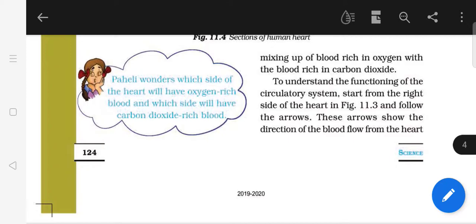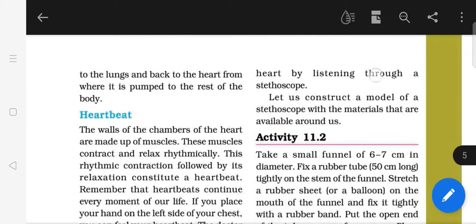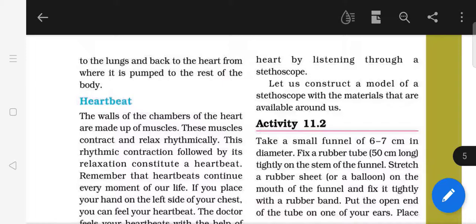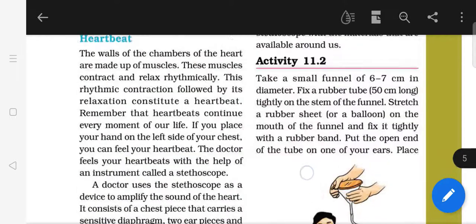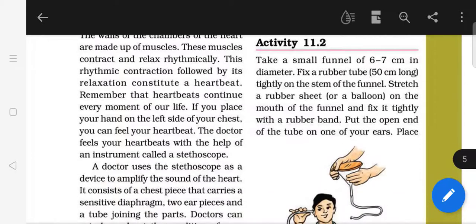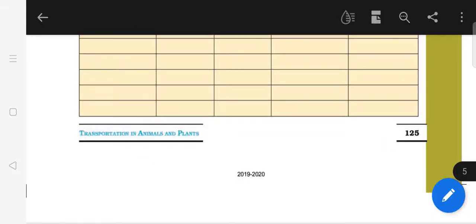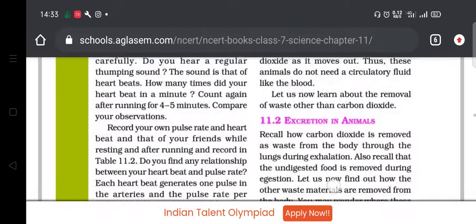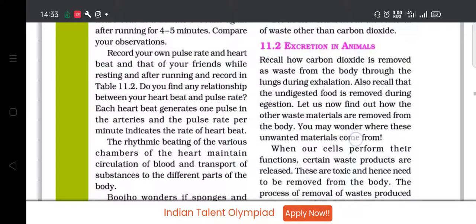So to understand the functioning of circulatory system, we can start from the right side of the heart and follow the arrows. So this is all about the heart, and we have also done heartbeat. One contraction and one relaxation together constitutes one heartbeat. Let us see activity 11.2 where we prepared the stethoscope. Now let us learn more about the chapter. In heartbeat we have learned how to count the pulse rate, and today we were about to start the topic